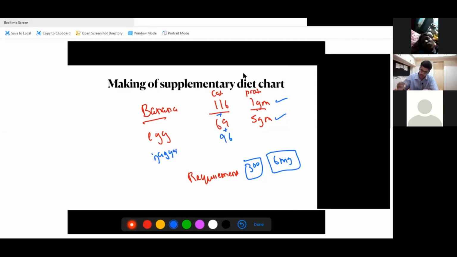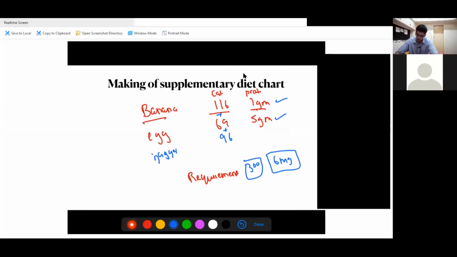So if you add all this, you get something around 260, 269, 275. You come to 275, that is acceptable. Obviously, you won't match 300 every time, but that's fine. Giving 275 calories is fine because somewhere or other in his extra diet he makes up for the calories, but he should not be deficient in protein. So this is a very simple supplementary diet chart. So never call this a diet chart. Always tell your patient a supplementary diet chart.